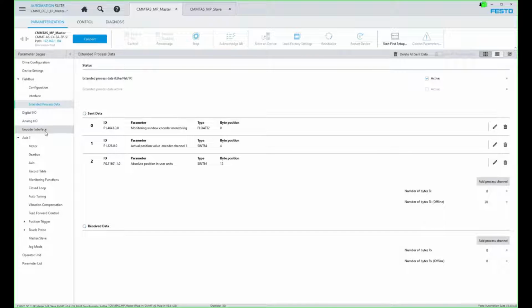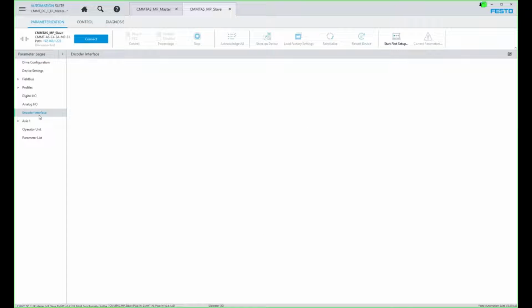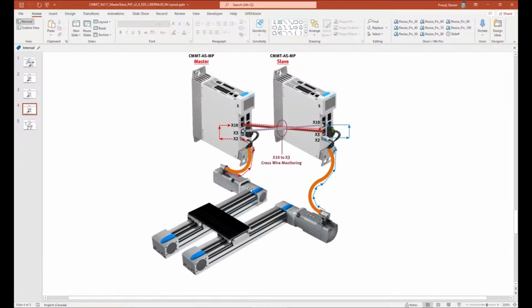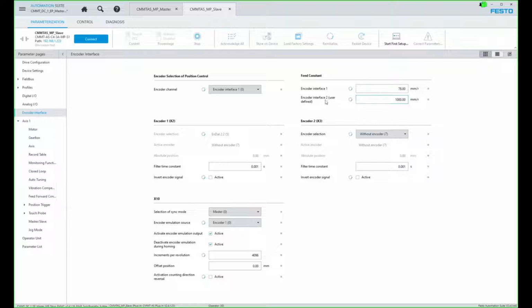and now we're going to move to the encoder interface and configure this page, because this is really important. In order to configure this and have some understanding about it, I'm going to open up the same page on the slave, because as I explained, we're configuring the cross connections here. The encoder interface 2 has a